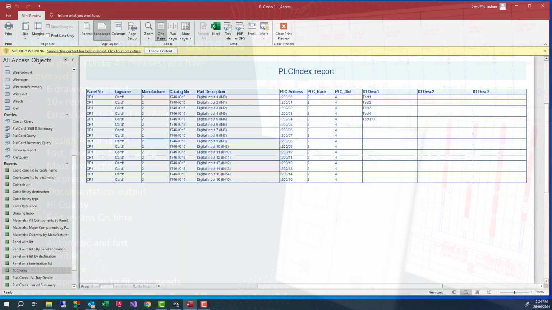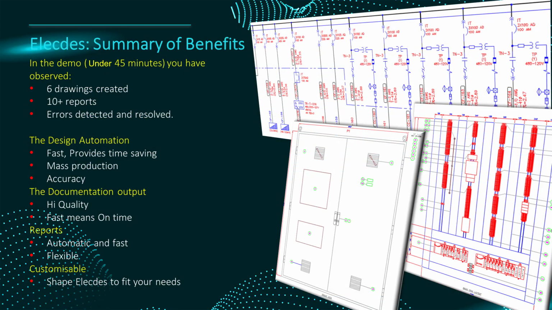So to recap, I've just shown you the production of 5 or 6 drawings and more than 10 reports with component and data editing and problems resolved, all in under 45 minutes. Some of the features and benefits I have demonstrated are an integrated database giving a higher level of accuracy and less chance of error or rework, a highly productive set of library, drawing and editing tools, automated error checks, navigation, cross-referencing, component naming and table creation, all of which reduce the chance of errors in your project.